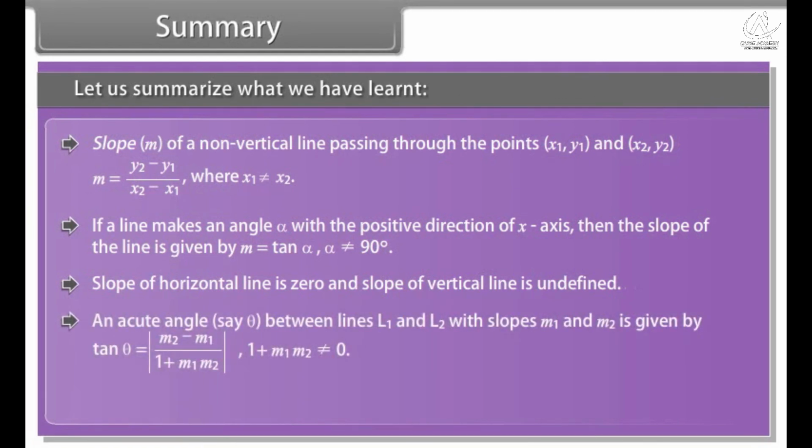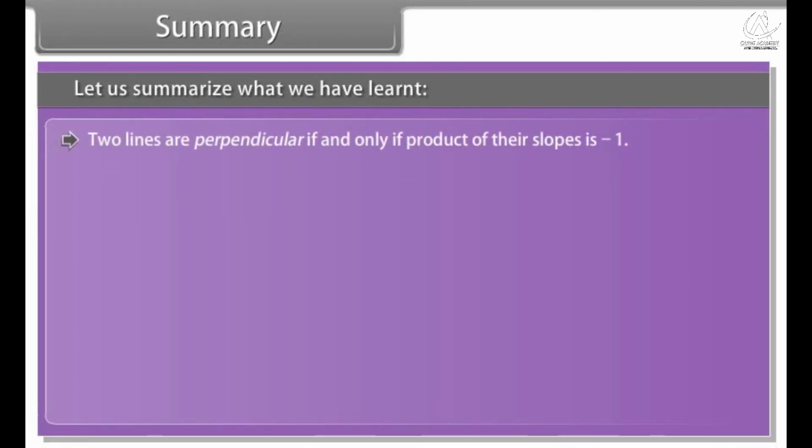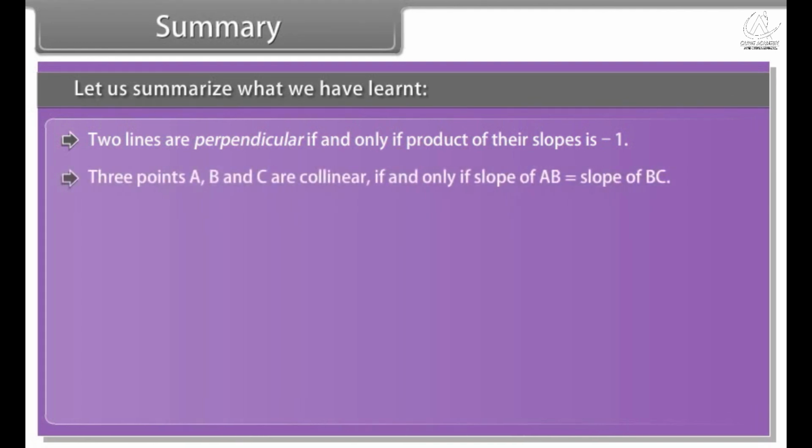An acute angle between lines L1 and L2 with slopes m1 and m2 is given by, provided 1 plus m1 m2 is not equal to 0. Two lines are parallel if and only if their slopes are equal. Two lines are perpendicular if and only if the product of their slopes is minus 1. 3 points A, B and C are collinear if and only if the slope of AB is equal to slope